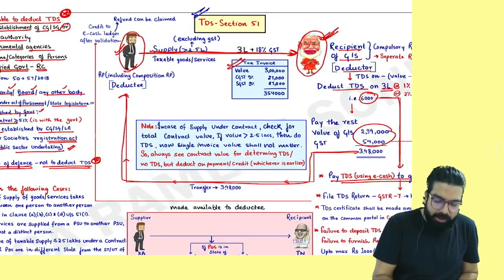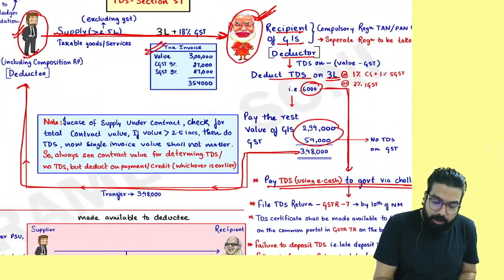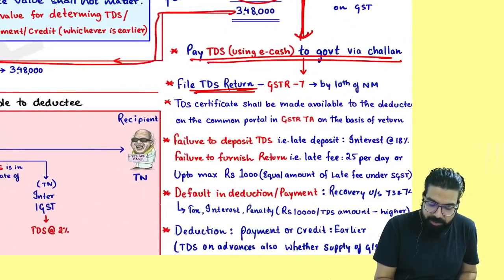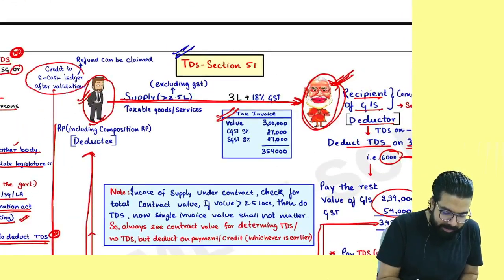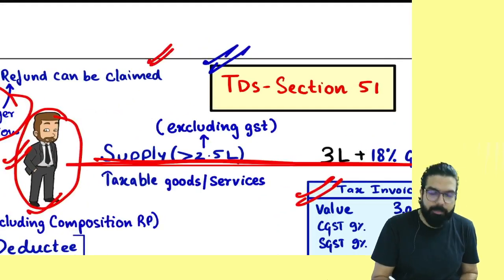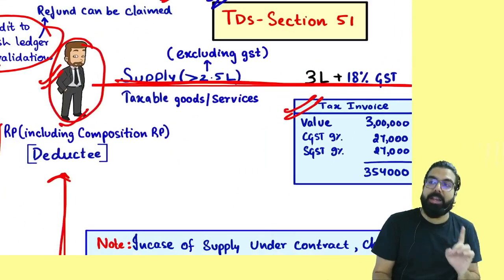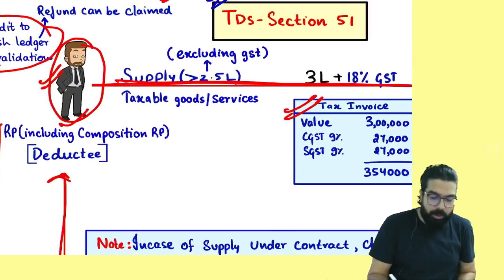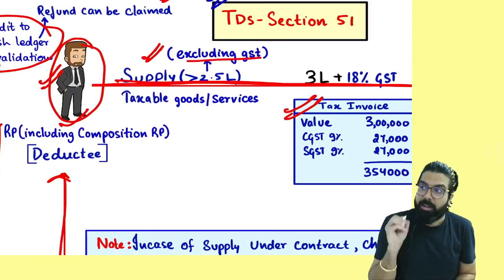Now, you will go ahead and say, sir, where is my remaining? Where is my remaining 6,000 rupees? You know what will happen? When the government department pays the GST to the government, they file the return. Which return, everyone? GSTR 7. The amount will come to your e-cash ledger. Always remember one thing, the amount which comes to your e-cash ledger, you can also go ahead and claim a refund. Now, the first point first, sir, when is TDS applicable? When is TDS applicable? Only when the value of supply is more than 2.5 lakh rupees, excluding the GST.